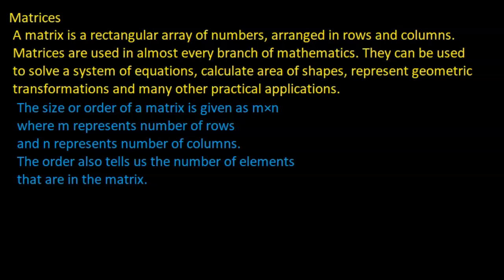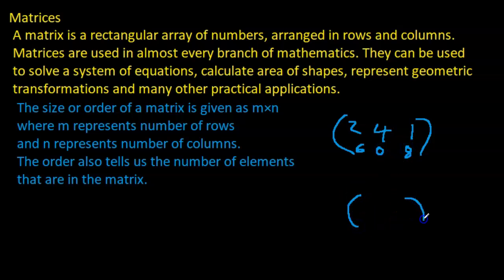So today we'll be looking at matrices, and I have some information there on the screen. And I read, a matrix is a rectangular array of numbers arranged in rows and columns. So for example, a matrix could look something like 2, 4, 1, 6, 0, 8,